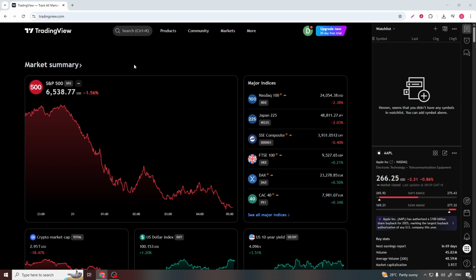First, open your web browser and go to the Tradingview website. You can do this by typing the Tradingview address into the address bar and hitting enter. If you already have an account, make sure you're logged in so you can access all the features we're going to use. If you're not logged in, you'll see options to sign in or create an account at the top